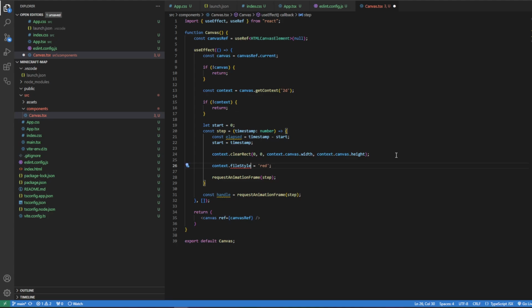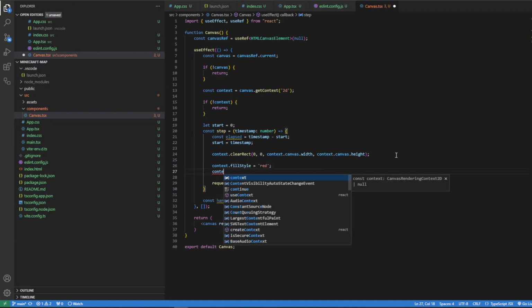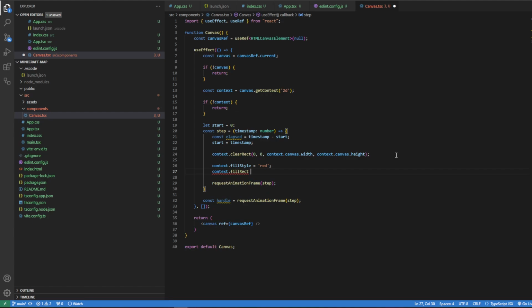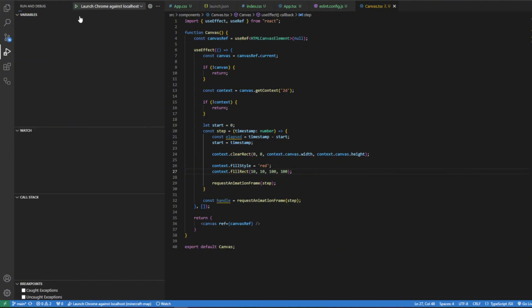That's fillStyle, isn't it? Fill style. And then we're going to do context.fillRect. We're going to fill from 10, which is going to be 10 pixels away from the top left corner of the rectangle, and then we're going to make it 100 by 100. And we hope that it works. Let me launch this again. We will see